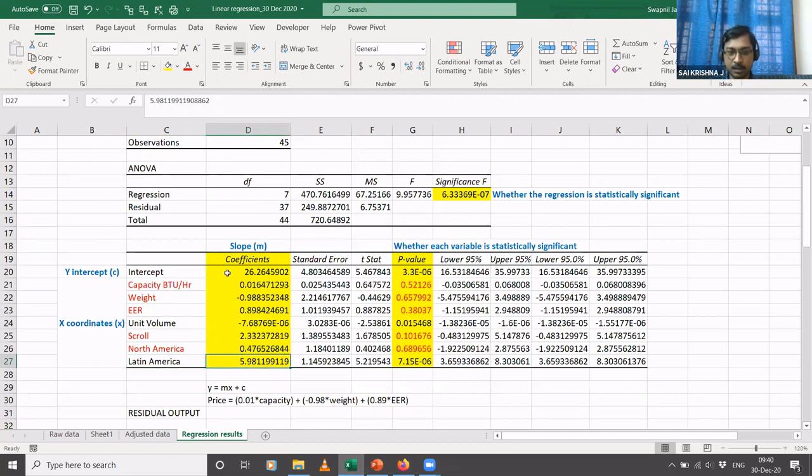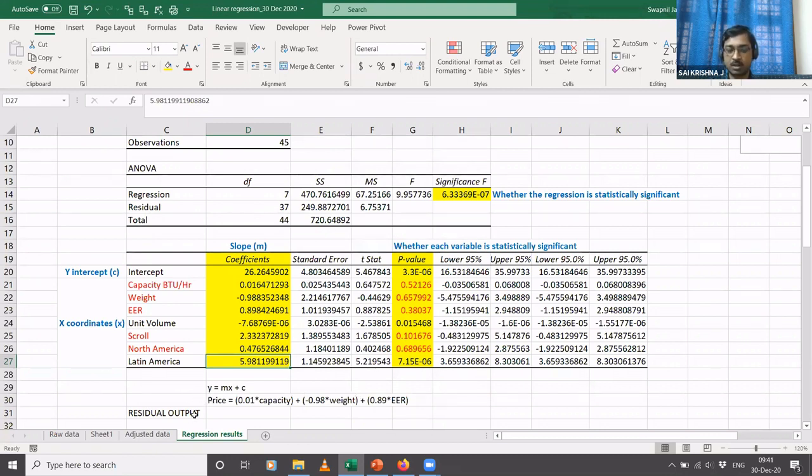Okay, and these two are the only significant variables that we have from our entire set of variables, because for the remaining variables, the p-value is greater than 0.05. Okay, and you also have significance F over here, which indicates whether this entire regression model that you have here is statistically significant. Okay, so here also the same rule applies. If this value is greater than 0.05, then it basically means that whatever you have done, you will get some equation like this, but in reality, these parameters don't have an impact on the price.